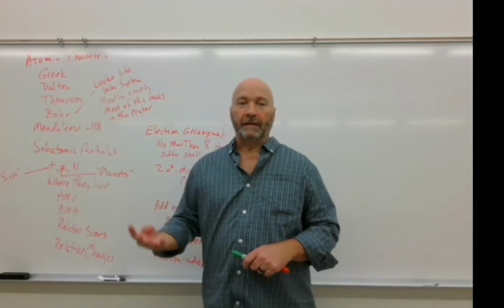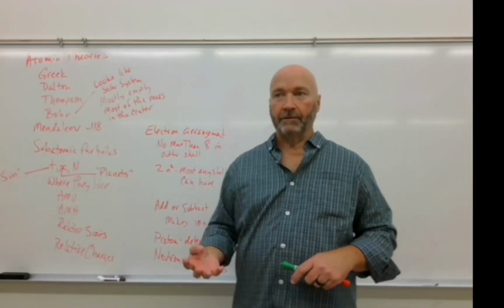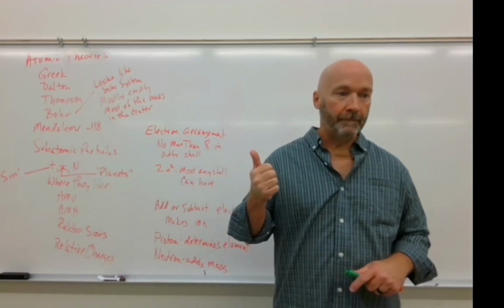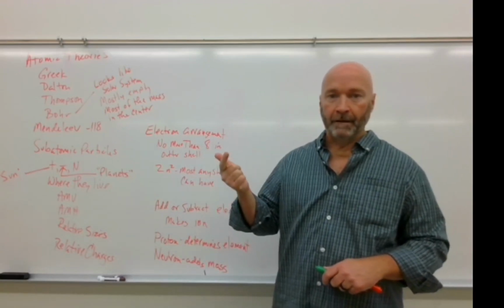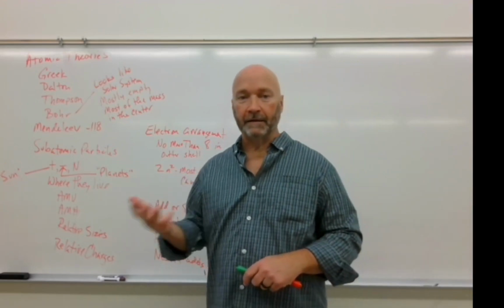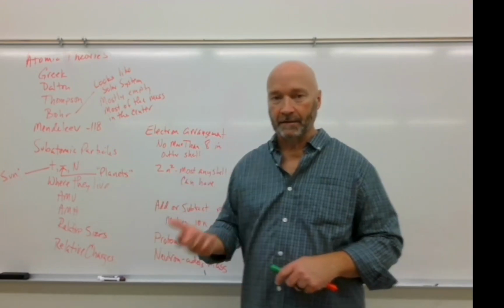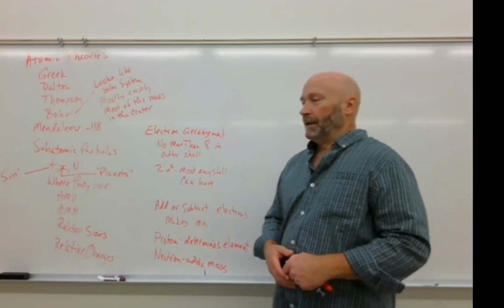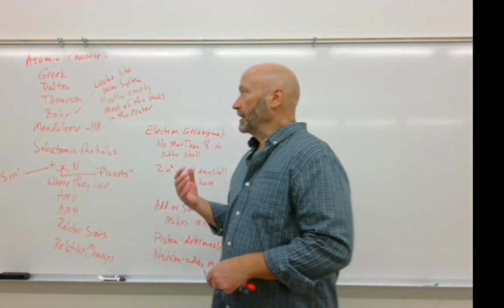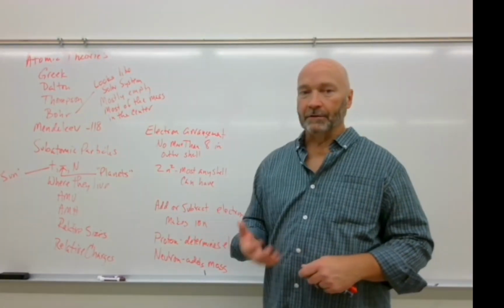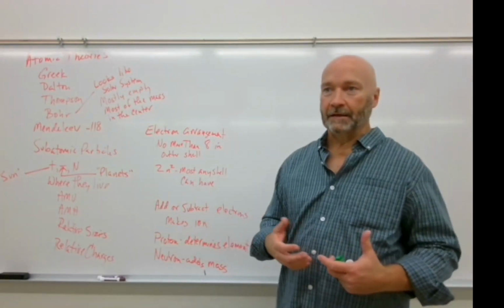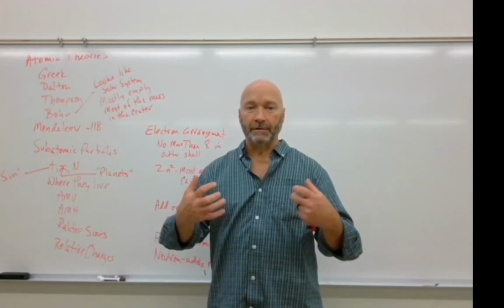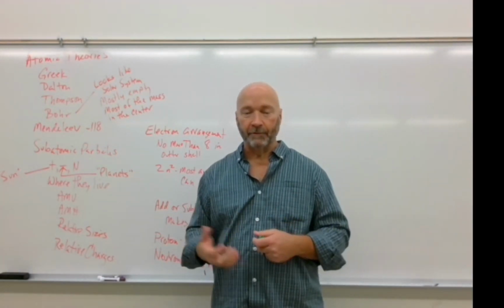The Greeks recognized 4 different things, and they called those 4 substances, and those were earth, water, air, and fire, and they could exist in 4 different possible states. So that was their idea of the atomic model, and that suited their purposes. And then a guy named Dalton came along, and we started to develop the understanding that atoms could be joined together to create something different.